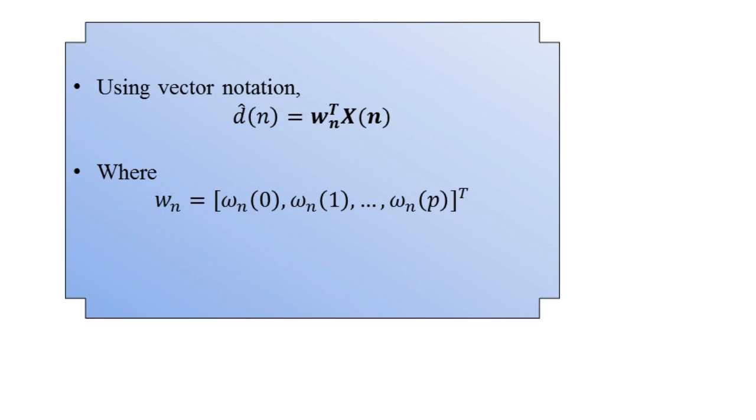And here we have the representation of x of n, also a transpose of the coefficients denoted x of n minus 1, x of n minus 2, up to x of n minus p. So if we compare the design of the adaptive filter with the design of the filter that we were dealing with in the previous chapters, we can say that the design of the shift varying adaptive filter is much more difficult than the design of the shift invariant filter for the Wiener filter,